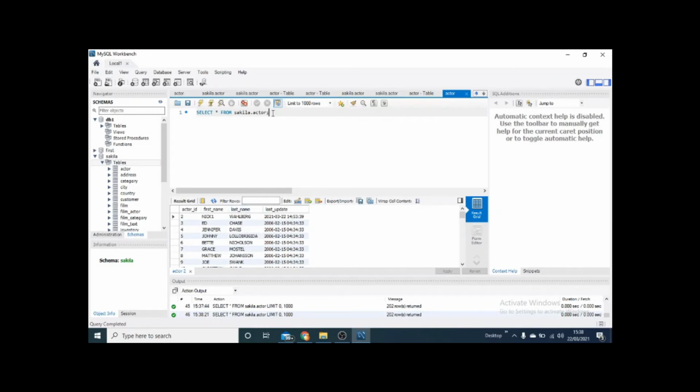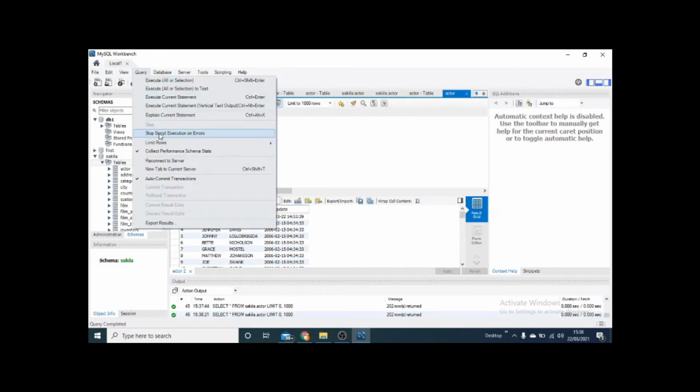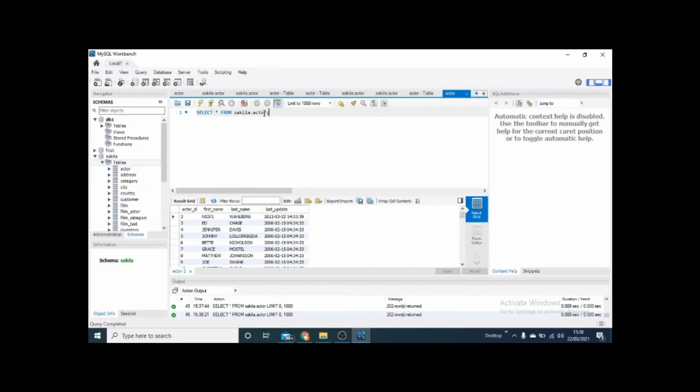Now many a time it may happen that you accidentally run a query that is going to run for a very long time, and you want to stop it in between. If you want to stop any running query in between, then you can utilize this option, stop and stop script execution. Now what happens if you are running a query on a table, and the table is huge, containing millions of records or a very high number of records? Of course, if your table has, let's say, 20,000 records, you need not show all of them here, because you can't see them even by scrolling up and down.